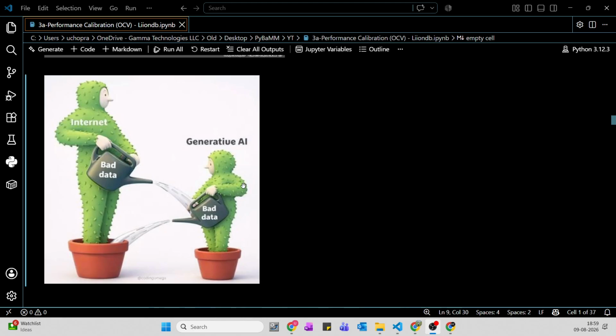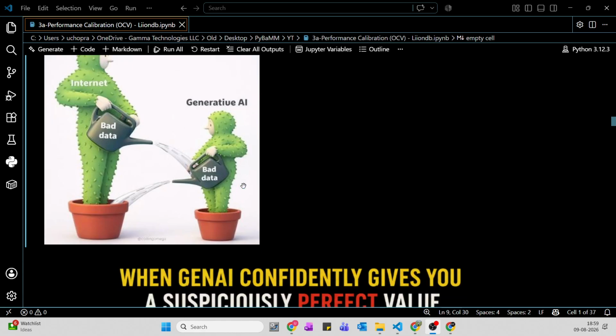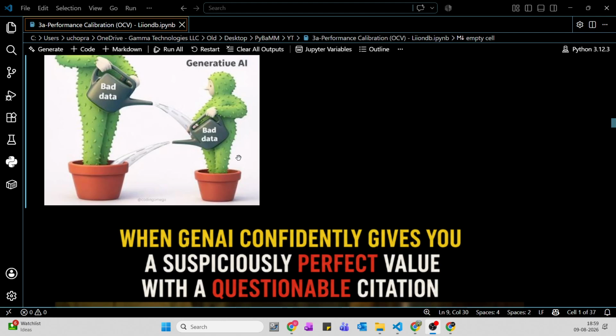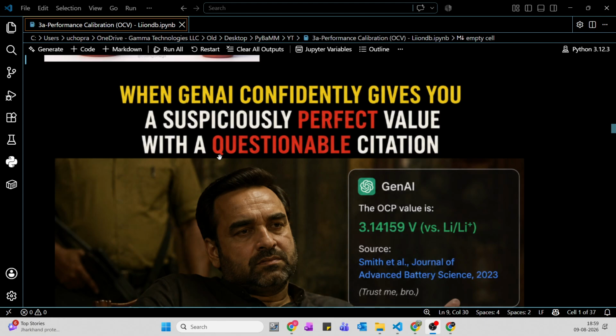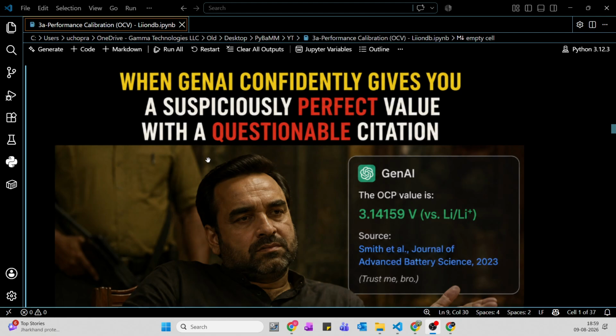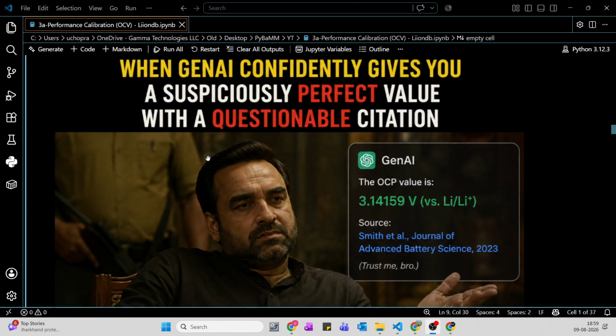Now, Gen AI, although it might give bad data, is always confident, right? It's confident even when it's wrong, and that's what hallucination is. So it might end up giving a value, but the citations might be wrong, right? We might end up getting the right answer, but from a wrong source. And we won't be able to justify that because we have cited a source which is not reliable and trustable